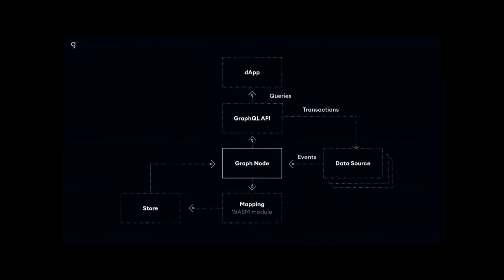So it roughly looks like this. You've got the underlying data sources on the right, so that could be blockchain storage networks. They trigger events. We have a Graph Node that runs and processes those events, has access to that data, runs arbitrary data transformations on that data in a WASM VM, puts that data into a store, and then serves it up over a GraphQL API. And so as a dApp, you can query all of your data flexibly over this GraphQL API, which is really fast and efficient.